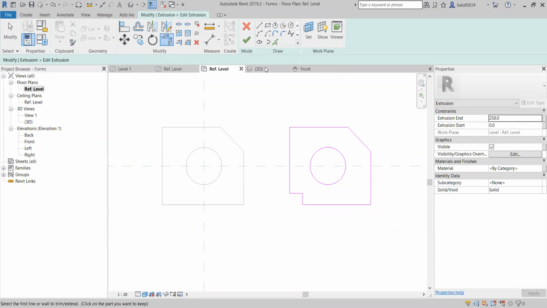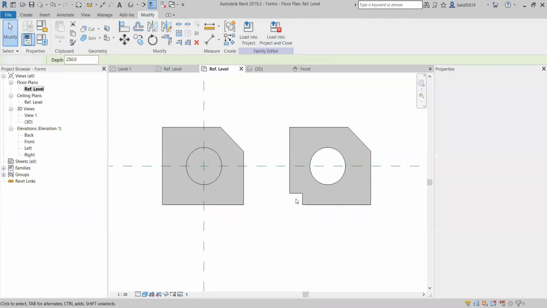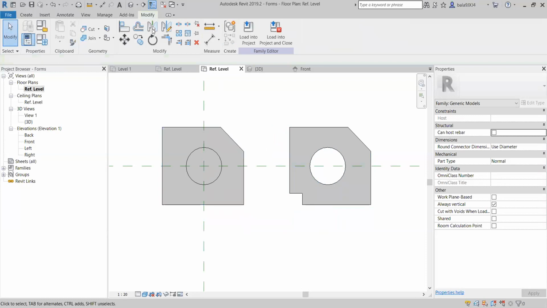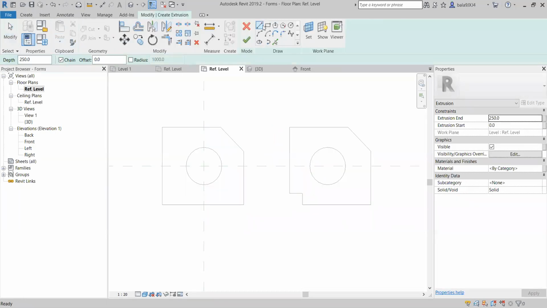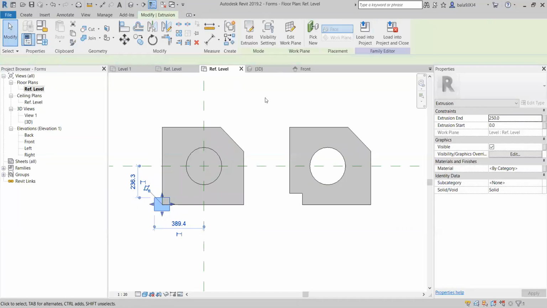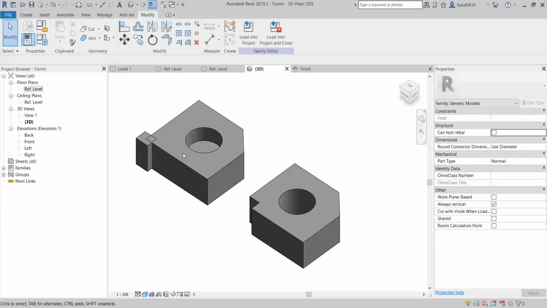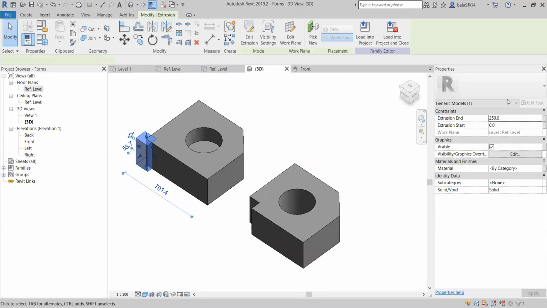I want to create this shape. Okay, same kind of shape I want to use by wides. Taking the wides is a little bit difficult. So what I do is I will do the solid geometry and I will convert it into the wides. It is easy for drafting. Okay, solid geometry. I will go to the 3D view and I will convert this into the wides.